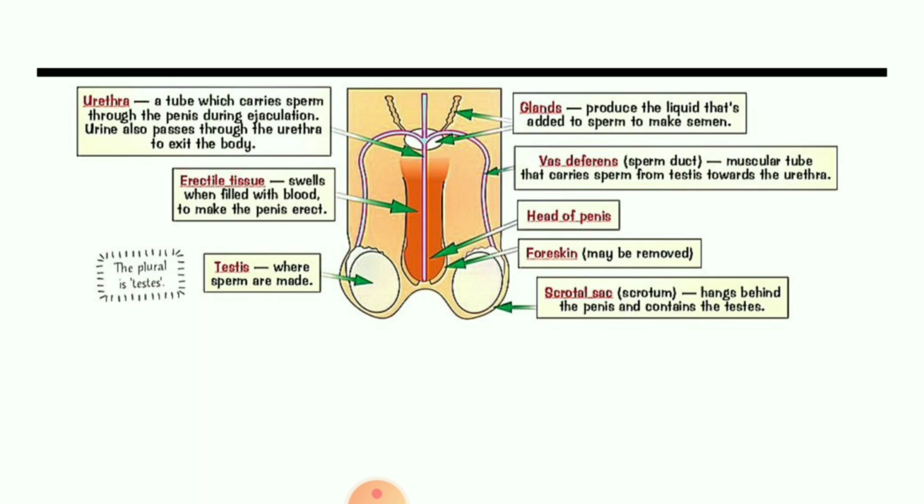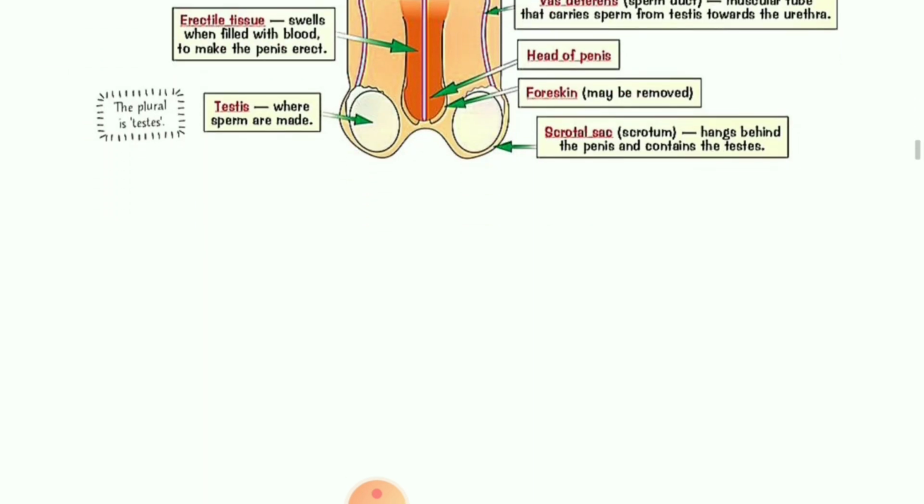Then the urethra. The urethra, children, carries the sperm and the ejaculation takes place through the urethra. From the urethra, the ejaculation process is carried out in the penis, and with the help of the penis, it will move further. Okay, children. I hope this diagram is clear. With the help of this labeling, you can easily understand and remember the function of it. Let's see the function of various parts.